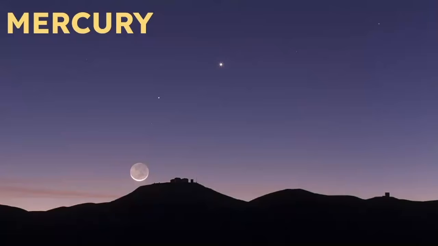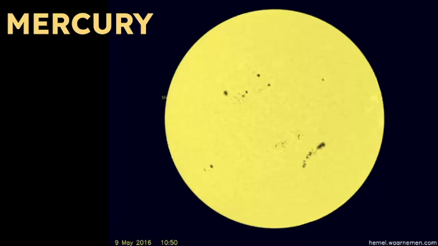So when you're trying to find Mercury in the sky, it is very, very difficult to find it. Here, what we're looking at is the moon. We have Venus right here, which is always the brightest planet, and then Mercury is right here. And I consider this a really good shot of Mercury. Mercury is often only visible during sunset or sunrise, and it's very, very close to the horizon. Mercury can also be viewed in transit when it travels across the sun. And when this happens, astronomers definitely make a big deal because it gives us an opportunity to see Mercury as